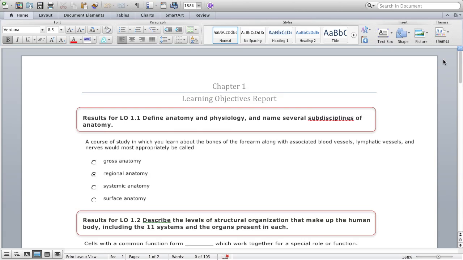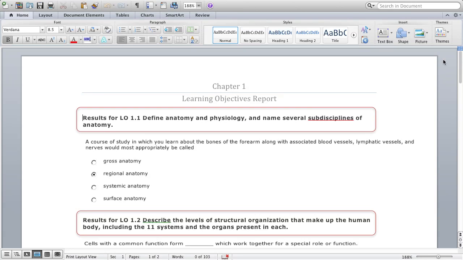So the very first question that is missed on the bonus assignment comes from Learning Objective 1.1, and this specific question deals with the subdisciplines of anatomy. The question as written says a course of study in which you learn about the bones of the forearm along with the associated blood vessels, lymphatic vessels, and nerves would be most appropriately called gross, regional, systemic, or surface anatomy. It is not systemic anatomy, which is probably the most chosen answer,